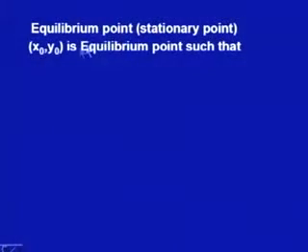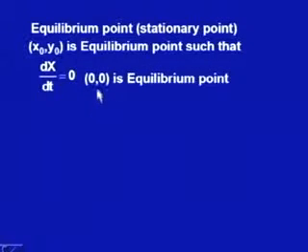For this we require concepts like equilibrium point, sometimes we call it stationary point. We define a stationary point as (x0, y0) for the given system such that dx/dt is equal to 0. By this I mean that (0, 0) is an equilibrium point, because this system means dx/dt = Ax = 0. Now, Ax is a homogeneous system, and this homogeneous system will always have (0, 0) as a solution. So, (0, 0) is an equilibrium point. There may be other equilibrium points possible for this dynamical system.